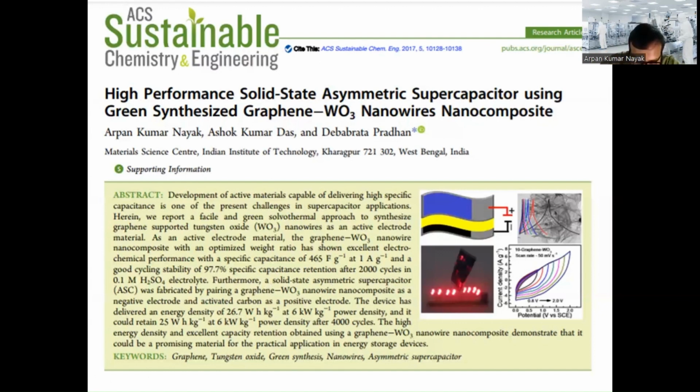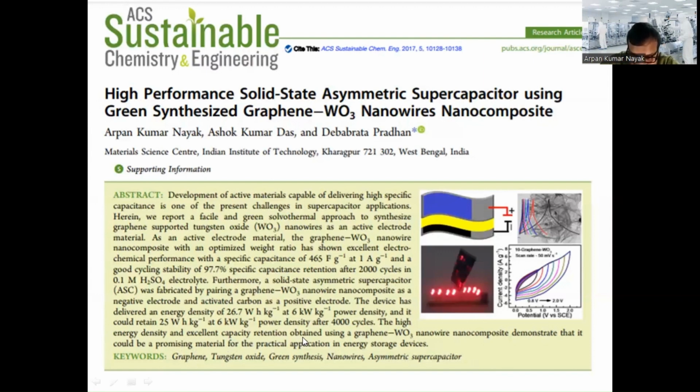The last sentence should be for future perspective or future research, whether our material will be a suitable candidate for future applications. Here we mentioned the high energy density and excellent capacity